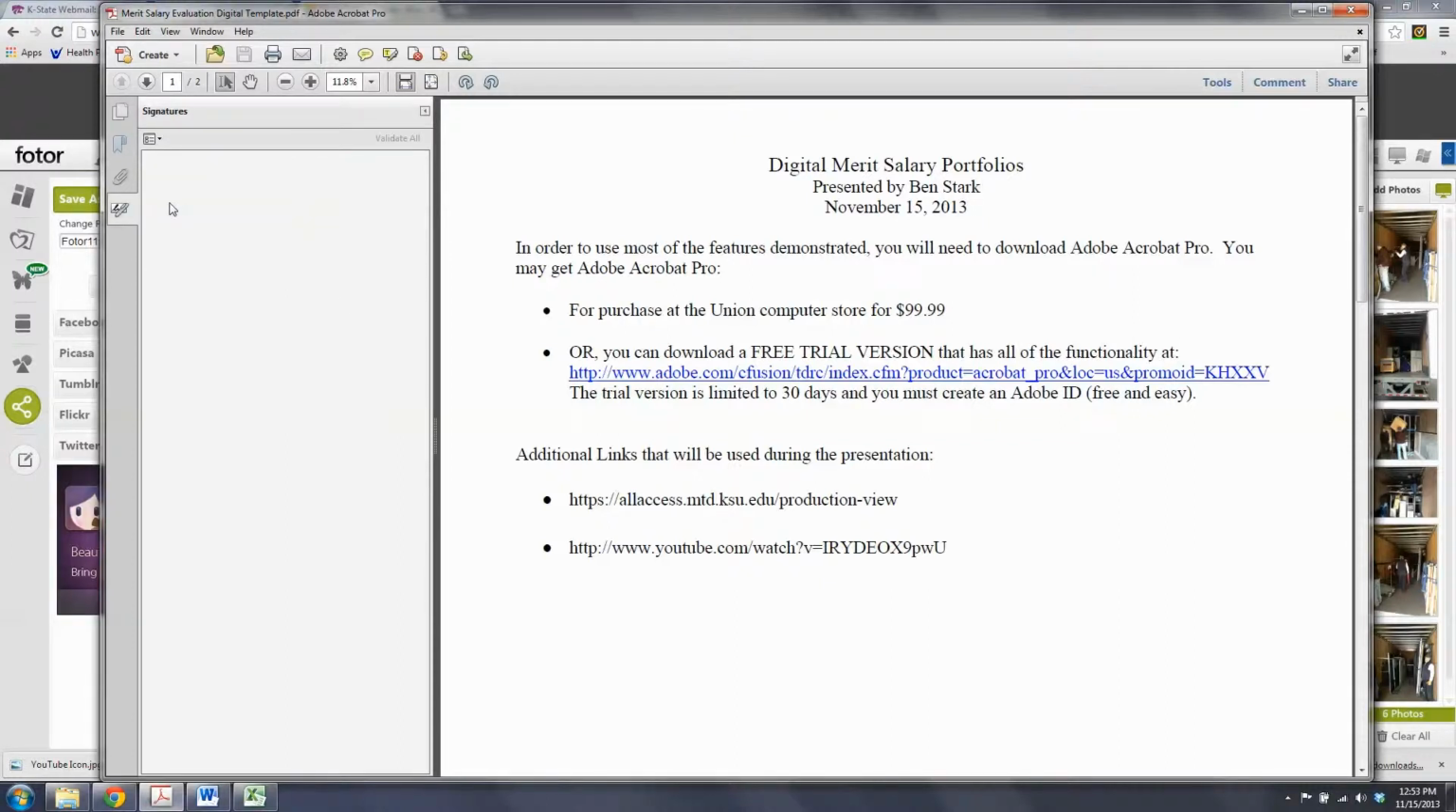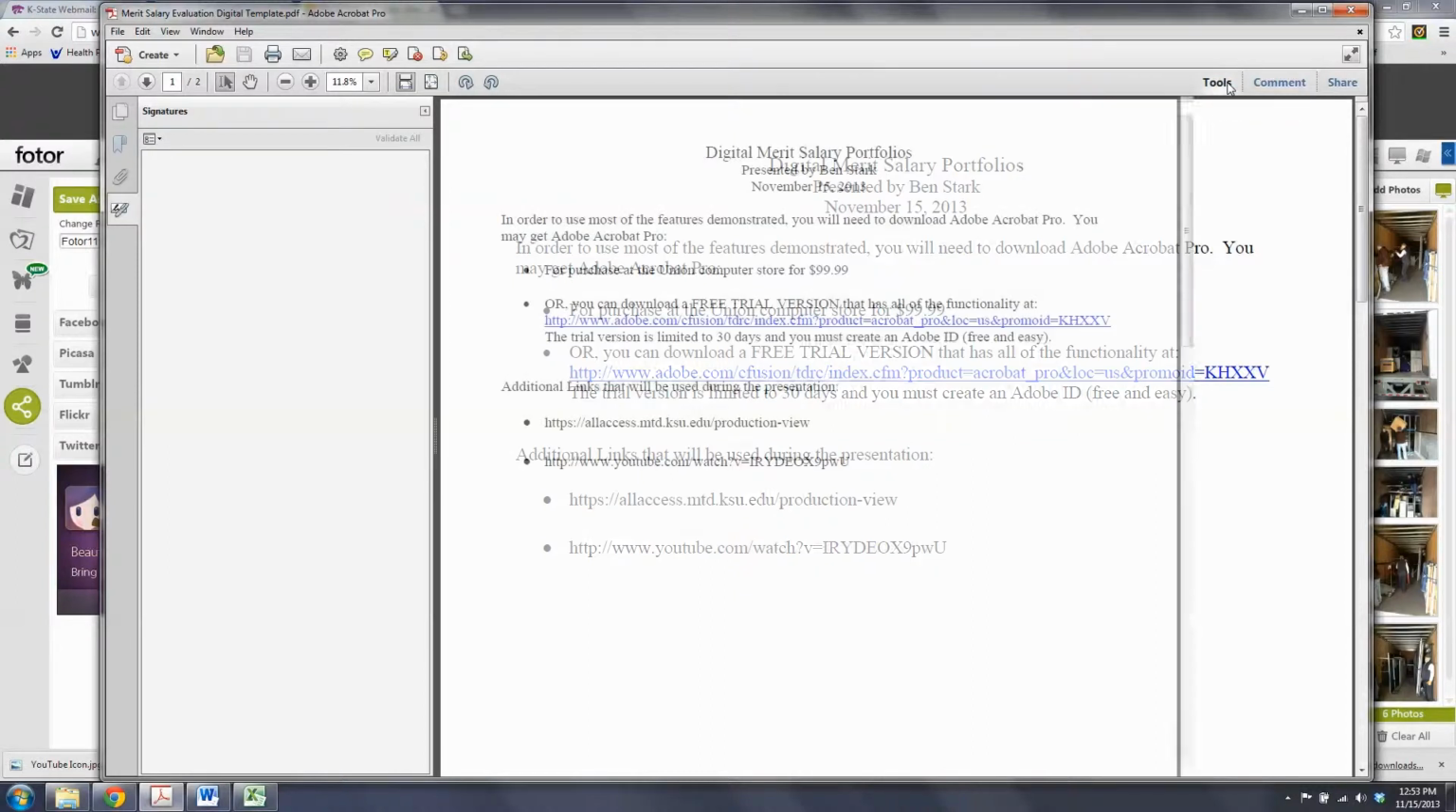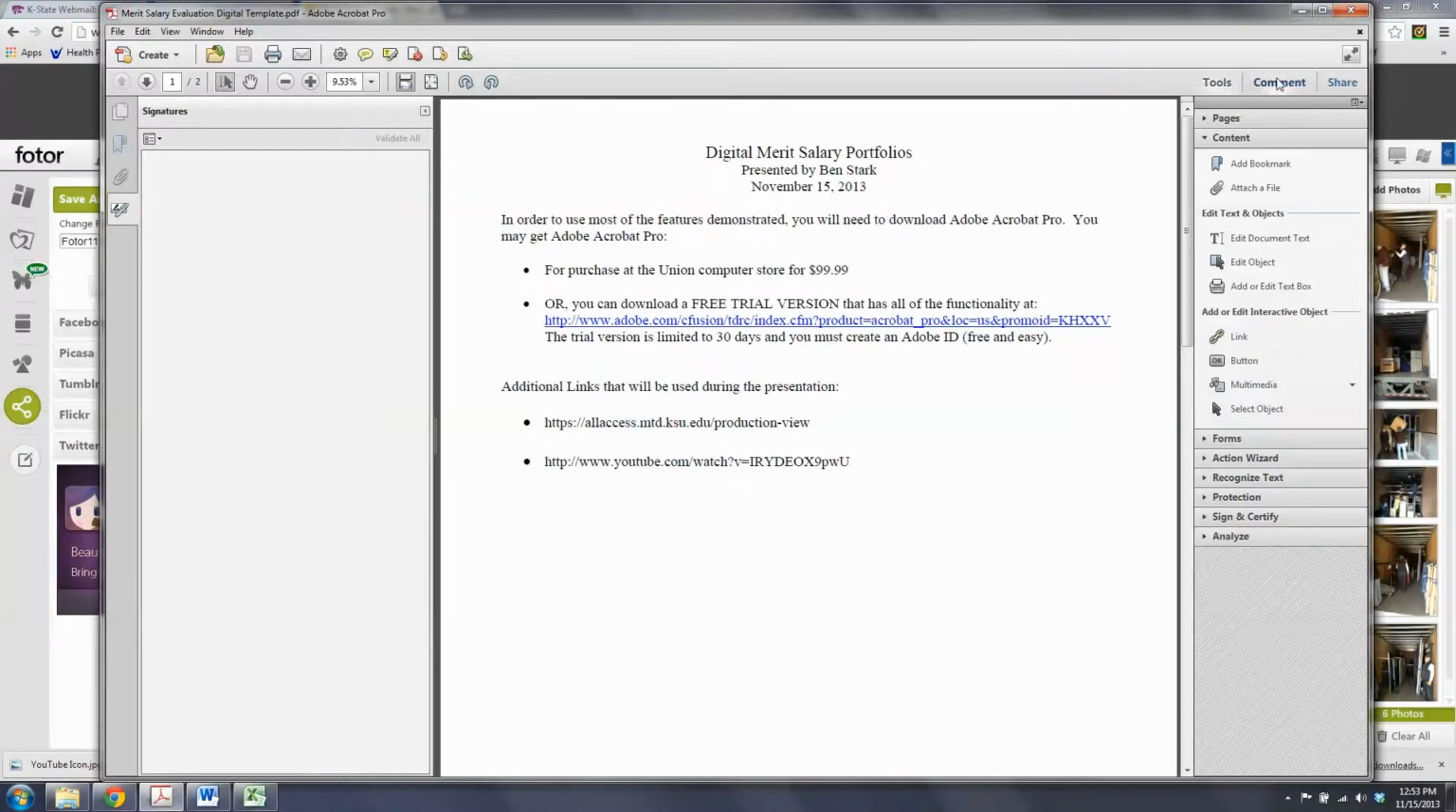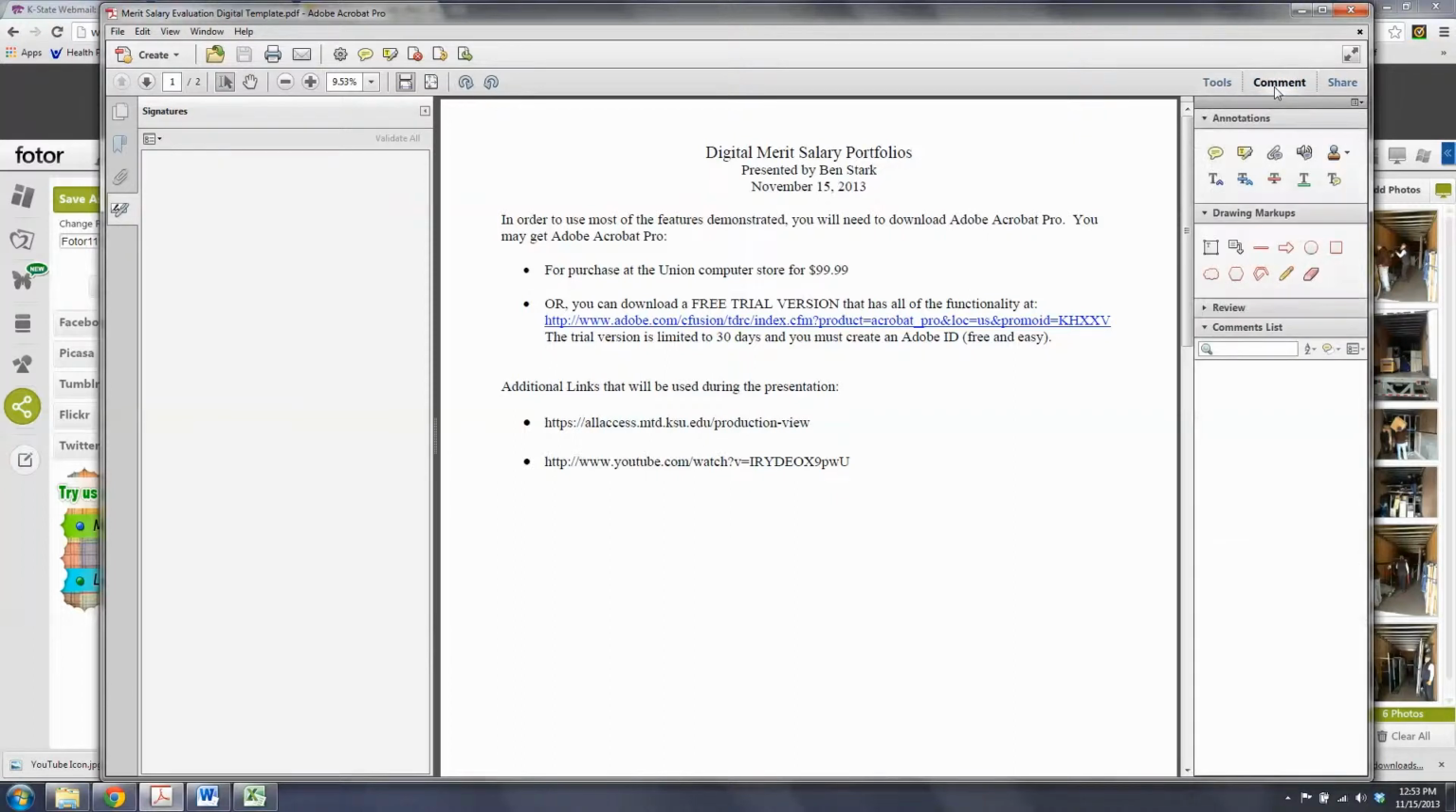Next, over here are going to be some of the tools that we're going to use. And I'll point out just 2 of these, both tools and comment. Tools are going to be used to, say, add bookmarks, attach files, or add other things like buttons and some multimedia items. The other thing here, comment, I don't really use this for digital portfolios, but I find this incredibly